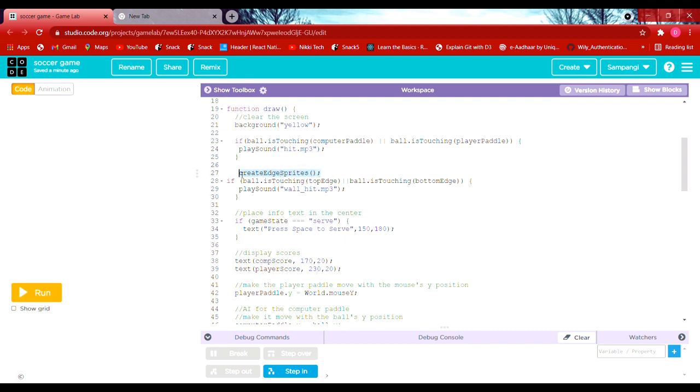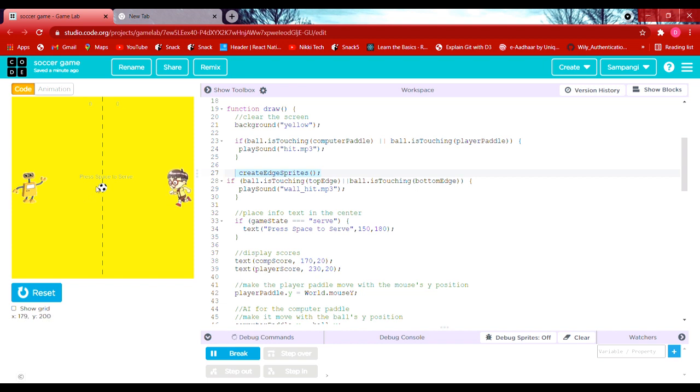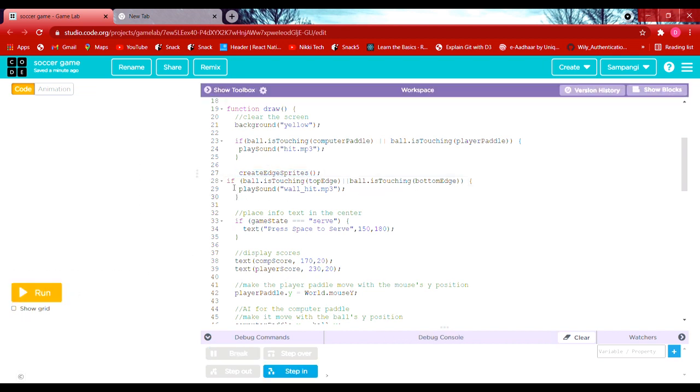And the next thing is we are creating the edge sprites. Edge sprites are created for the ball, for the edges, to help the ball bounce off. And the next thing we have created is an if condition.